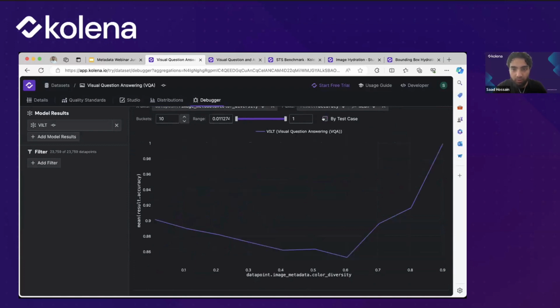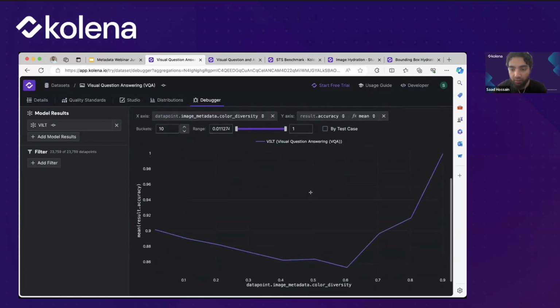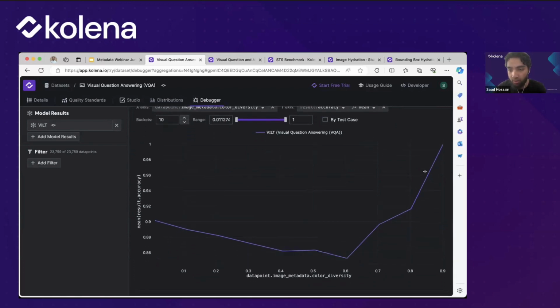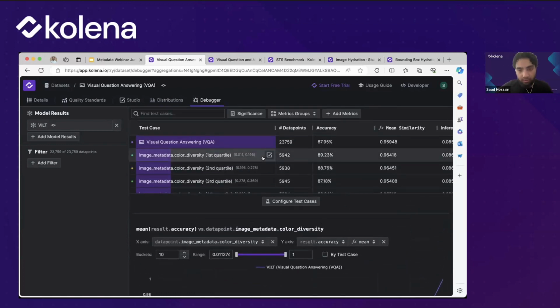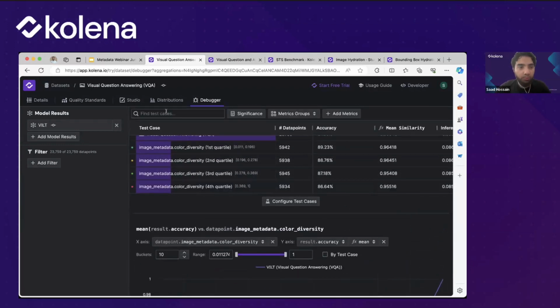Again, with this, we actually see that there seems to be a general decrease and then a large increase. And that is perhaps something we can look to investigate further. There seems to be quite a large jump, especially in this bucket. And these are the analyses essentially we're able to do.